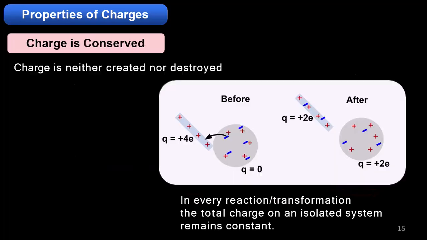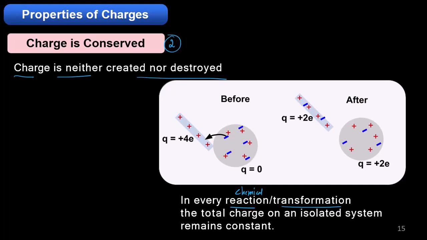Okay. Now come to the second property. The second property is the most important property of charge, the conservation of charge. Charge is neither created nor destroyed. That means whatever charge was there during the creation of the universe still remains the same. So I am not going to change the charge. What I can do is convert one charge to another charge. In every reaction or transformation, reaction meaning in terms of chemical reaction,